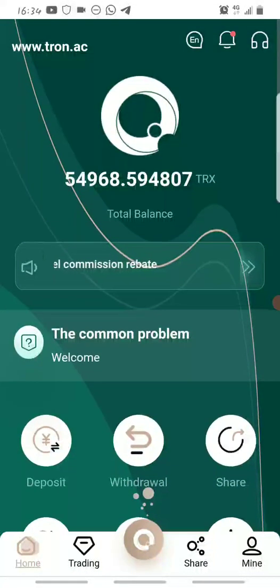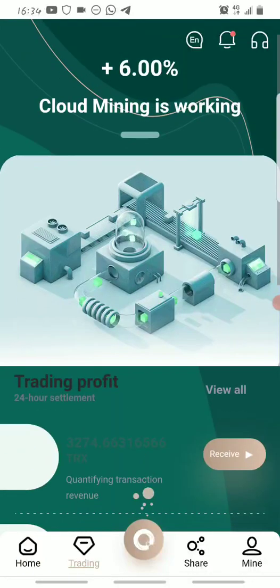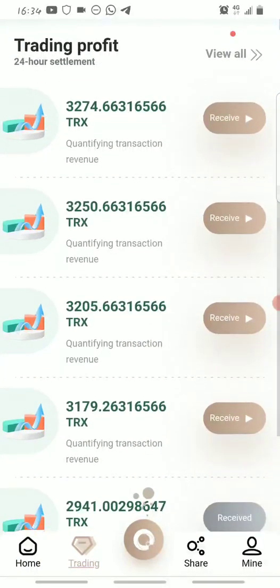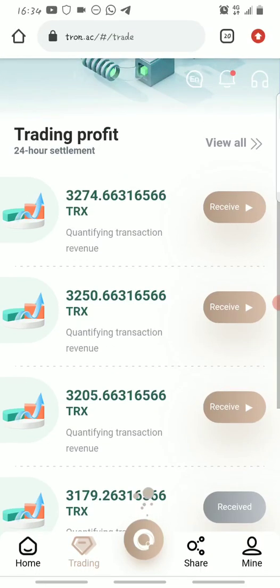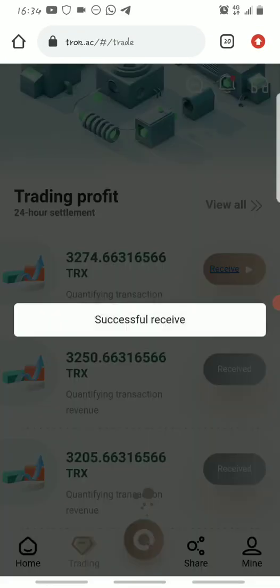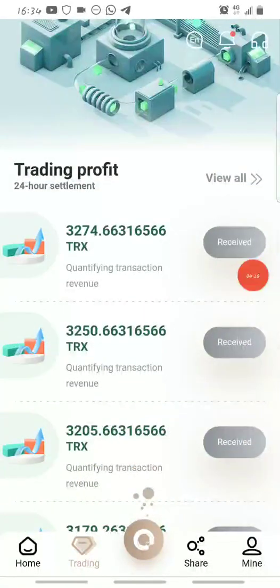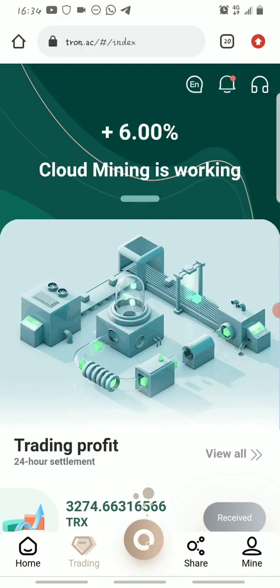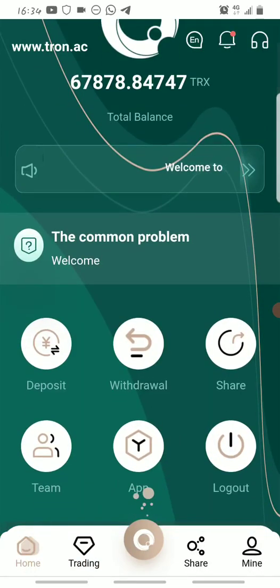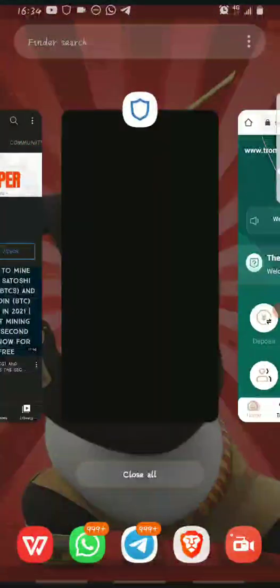However, after registering, to activate the mining session on the app, where you can claim free TRX daily, as you can see, I'm just claiming mine because I've not been on the app for some days, so I'm claiming everything right now. Once you claim, your mined TRX will be added to your total balance. So once you register, you need to make a deposit on the app to activate the mining session. Before I show you guys how to do that,